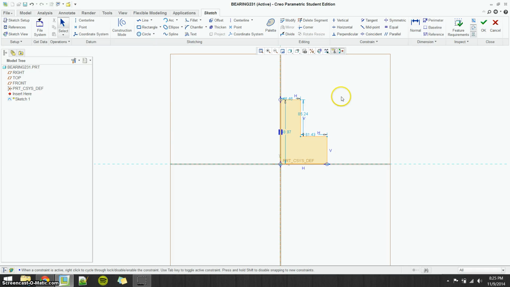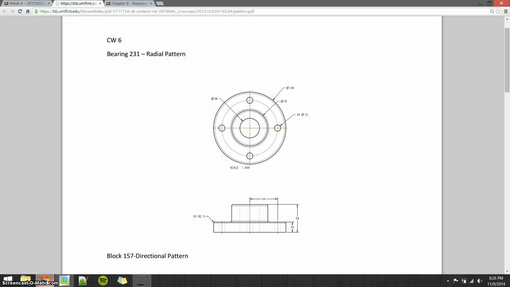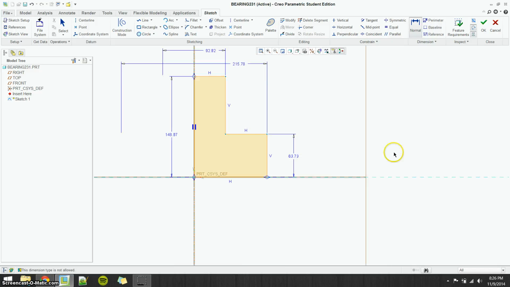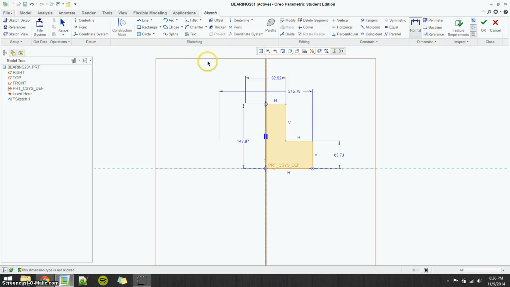So I'm going to want to make a new constraint, clicking the center line, clicking my outside edge, my center line, my outside edge again. That'll give me my dimension, and I do the same thing for this line as well. Give that the height, it's an easy one. And then the height of this. Alright, so now that all my dimensions are strong, I can highlight and select modify,